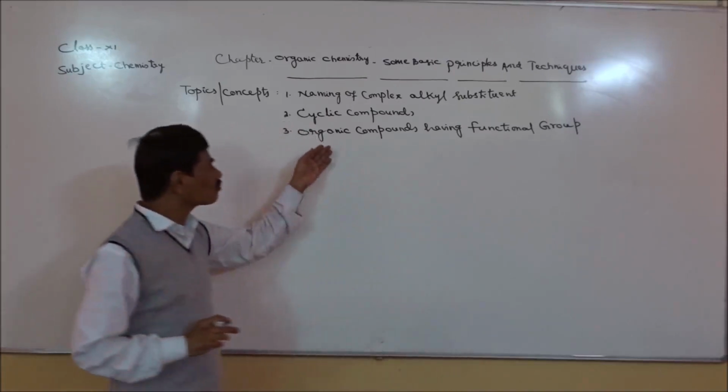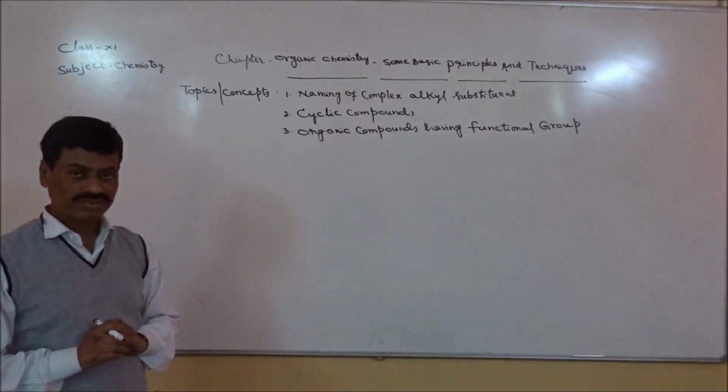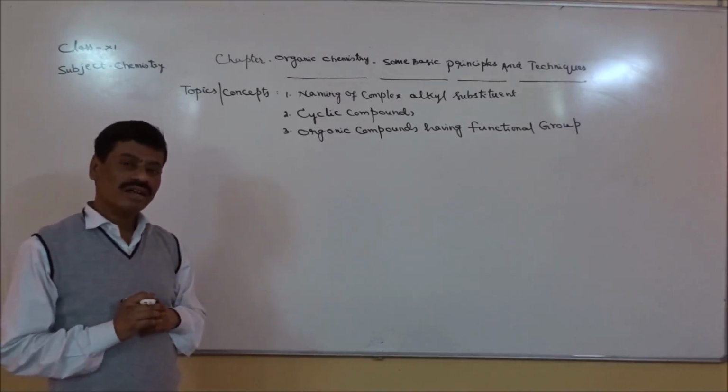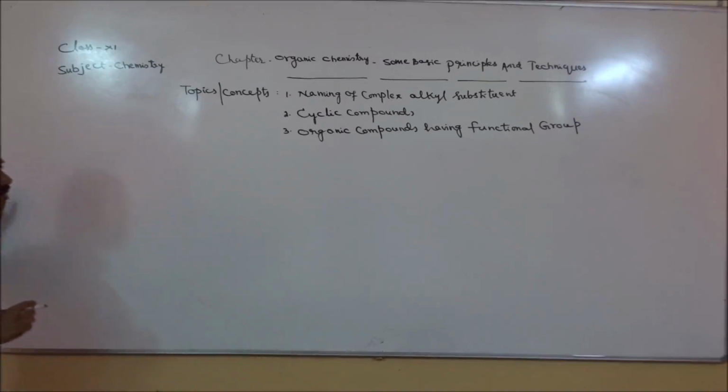In this topic we are going to see many functional groups, many classes of compounds, and examples of each class. So to better understand the topic, I will make a table containing